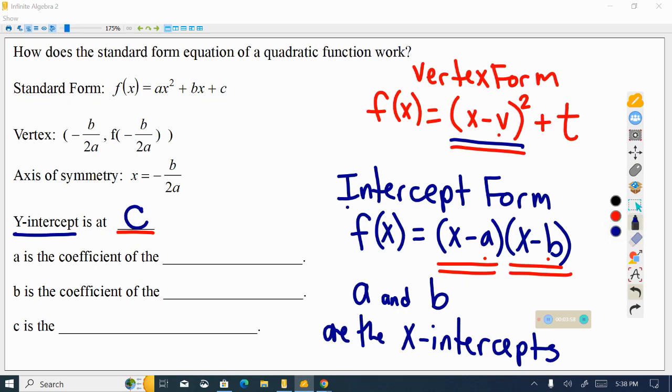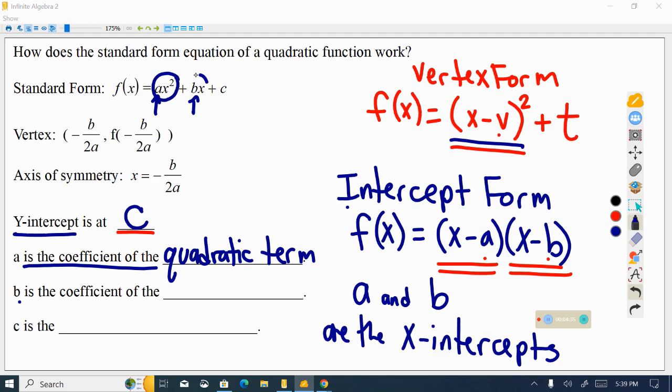So when we look down here and we say A is the coefficient of the quadratic term. When we're referring to A in any of the equations that we do down below, we want to say that A is that number that we see in front of x squared right there. So we'll call that the coefficient of the quadratic term. We will consider B to be the coefficient of the, well, if this is a quadratic term, what do we call this term? We call that the linear term,